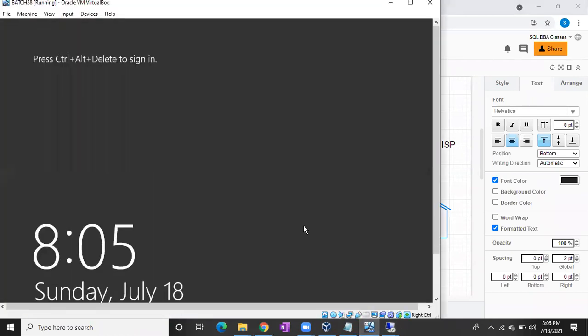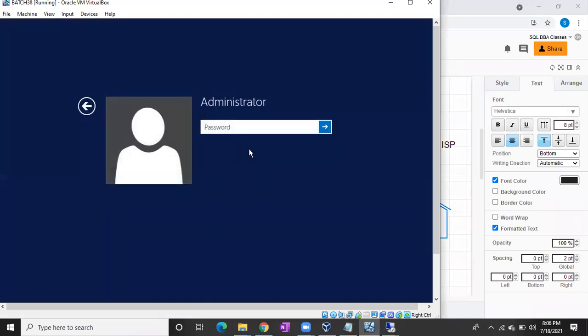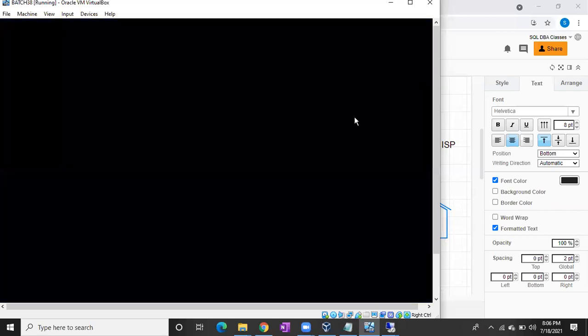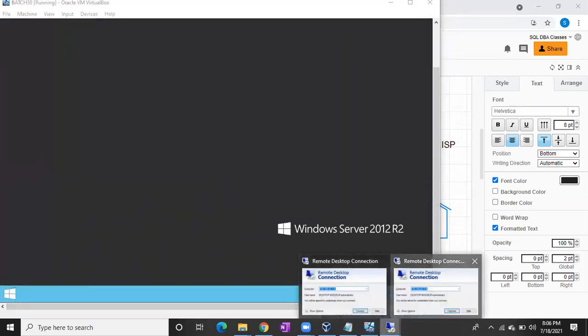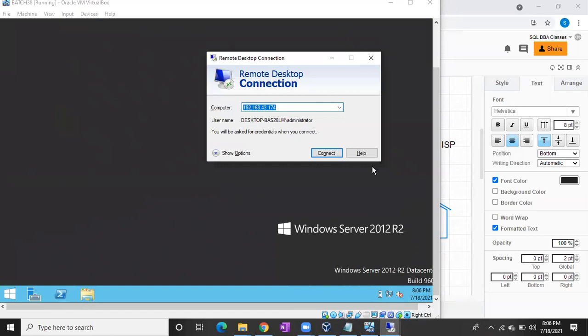Let me check the IP address. I told you, right? The IP address will change every time as we are connected to a private network. Usually in an organization, the IP address won't change; a static IP address will be there. That's why every time I log into the machine directly, I check the IP address, then I give that IP address in this RDP screen, and then I connect to the server remotely.